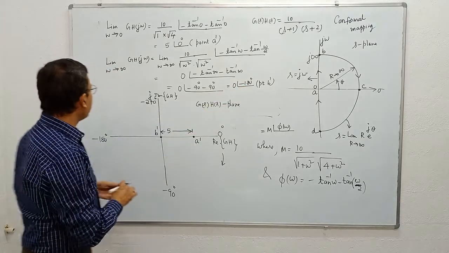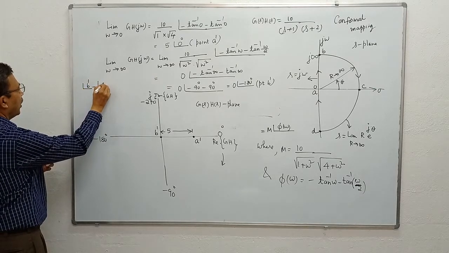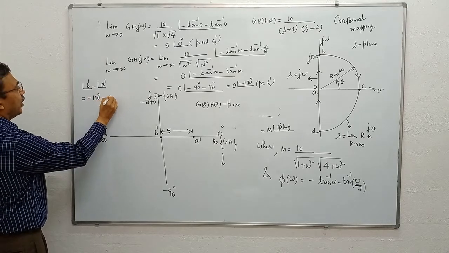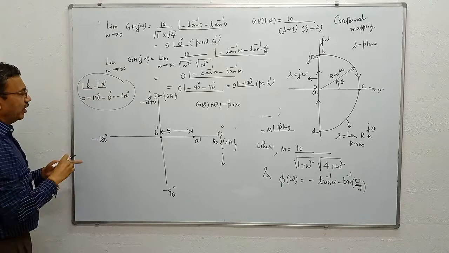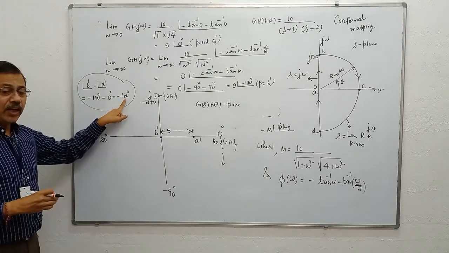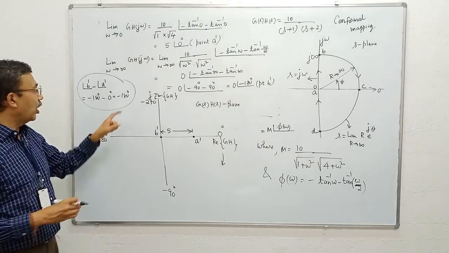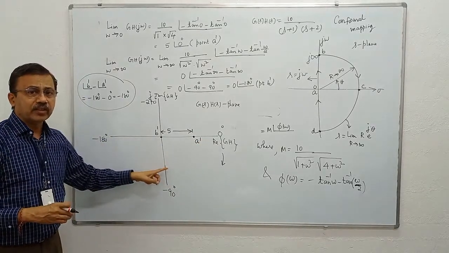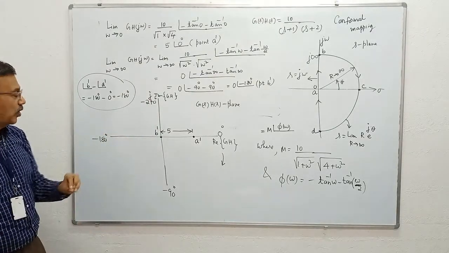Angle at B dash minus angle at A dash. Angle at B dash is minus 180 degrees. Angle at A dash is 0, which is minus 180 degrees. Minus sign indicates you have to move clockwise. 180 degrees indicates you have to move in 2 quadrants. Why 2 quadrants? Because movement in 1 quadrant gives you 90 degrees. So 180 divided by 90 equals 2 quadrants. In simple words,